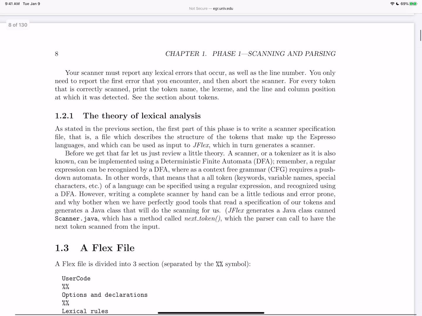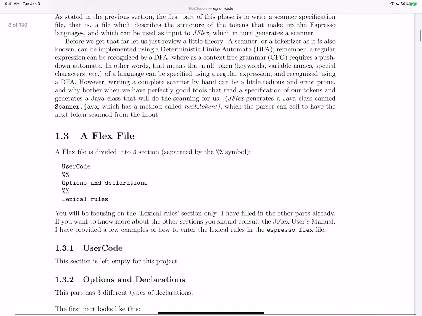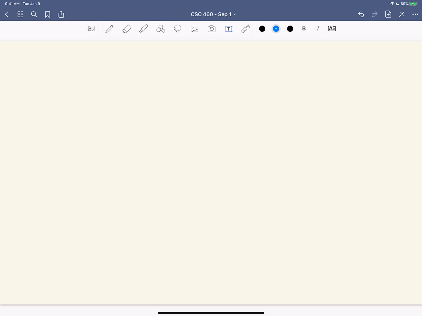Now, what we're going to do is we're going to use something called Flex. Actually, so let me just go and draw something for you here. So let's just quickly talk about Flex, which is a scanner generator.